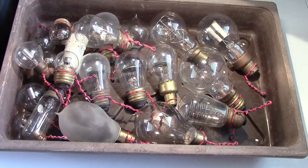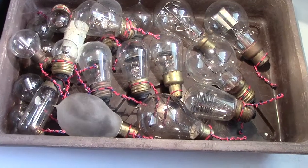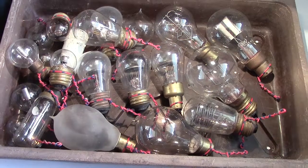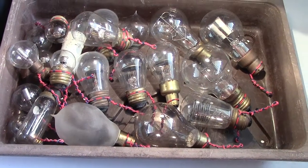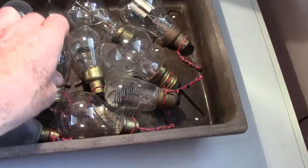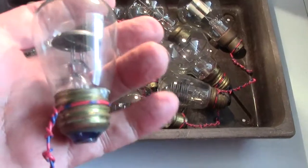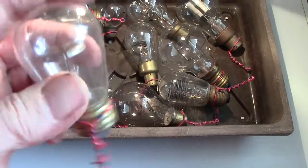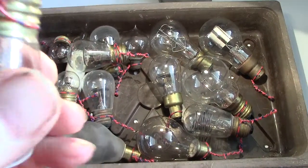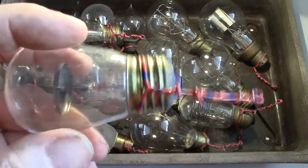These ones are mainly neons. There are several duplicates in here, so I shall just try and pick out the ones that are in fact different. We can start off with this little example, which is American. That one hasn't got a name on the side, but these were mainly made by GE,